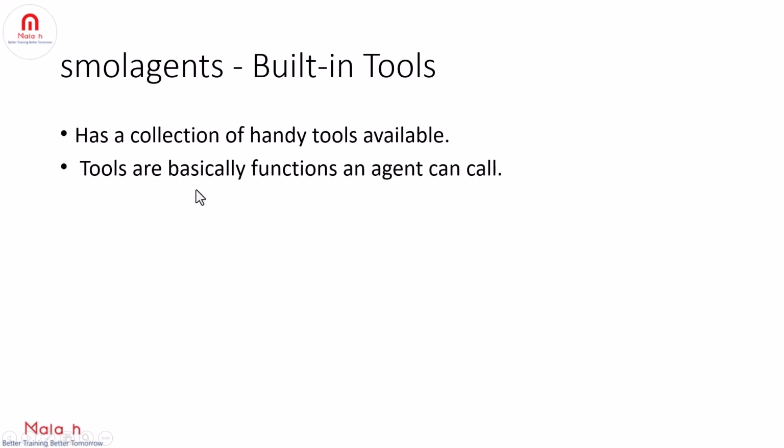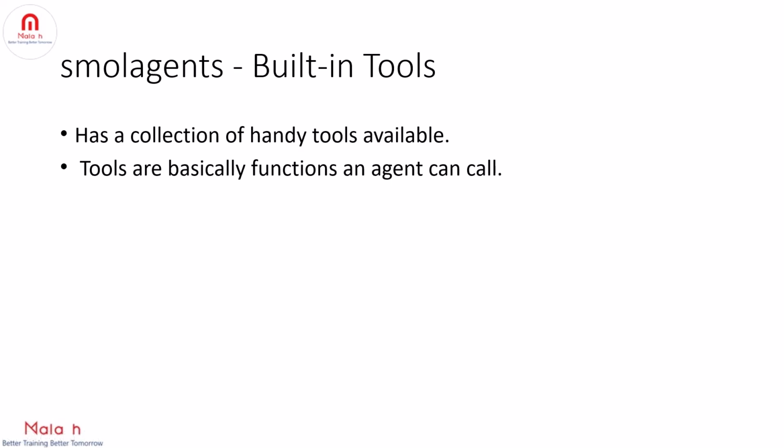And the next one is built-in tool support. Smolagents has a collection of handy tools that we can use, for example, web search tools, Python code interpreter tools, and even speech to text transcriber tools. Tools are basically functions an agent can call, and you can easily add any custom tool depending on your need. In case the built-in tools don't satisfy your requirement, you can build a custom tool as well. With the help of these smolagents tools, our agents can perform various actions like fetching web content